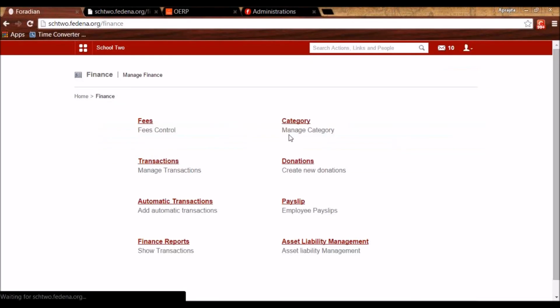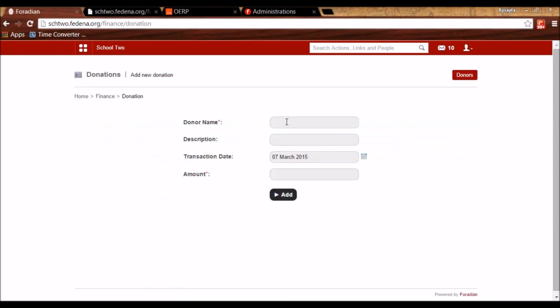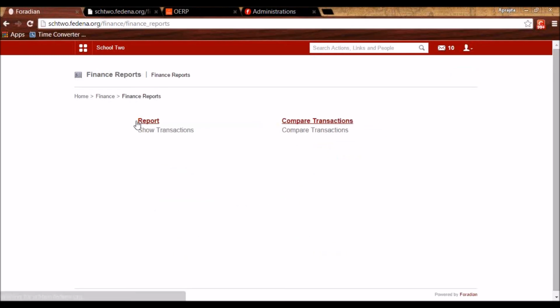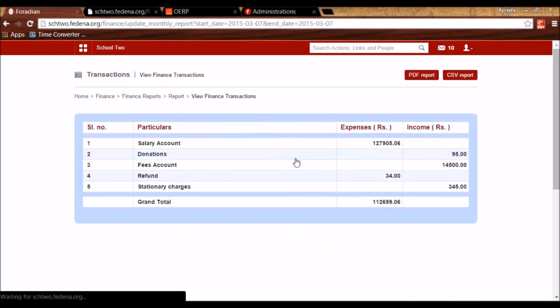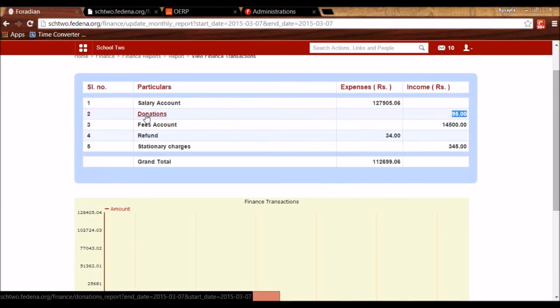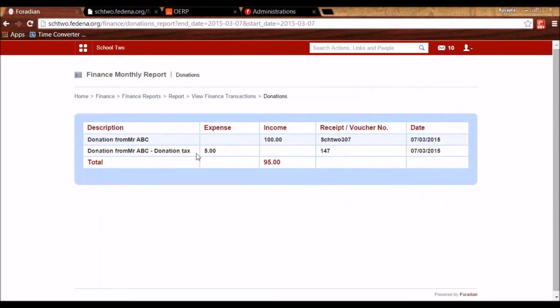And now whenever I am going to do a donation, since I made the automatic transaction on donation, when I see the finance report now, it will show me only 95 as the refund amount because 5% of it is cut as tax. So the donation amount is 95, and when I click on it, I'll be able to see further details from here.